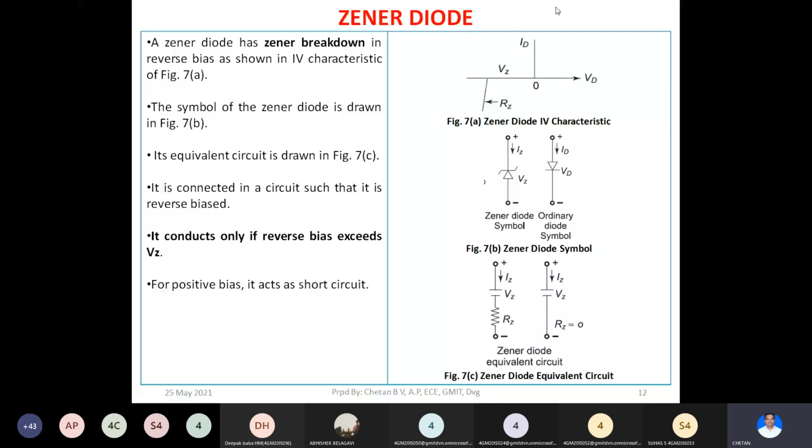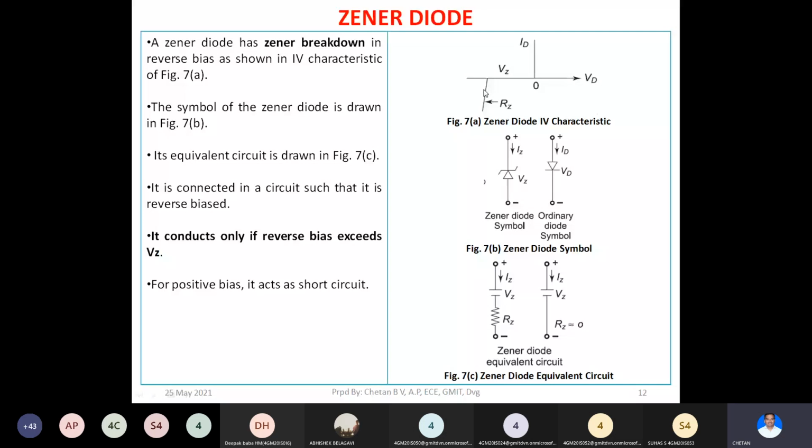When your reverse voltage exceeds this VZ, a sudden increase in current will appear on your diode. This is called as reverse breakdown current. Here you can also observe that this line is having a small slope. From that slope you can calculate the dynamic resistance, which is Rz, and this can be change in Vz divided by change in Iz. So that is how you can calculate this Rz. I hope this characteristic is clear.